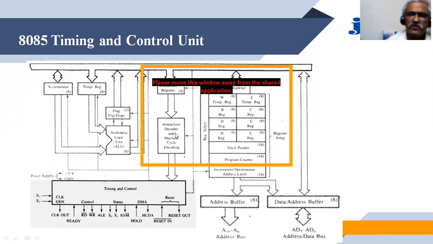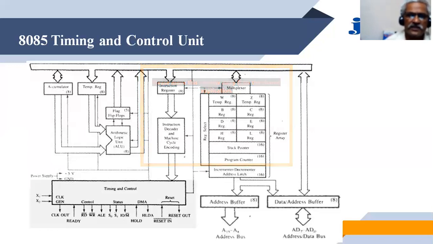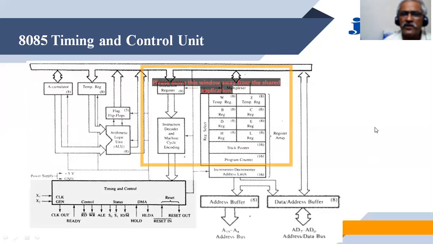They don't run out of synchronism. When a particular unit is required to perform some operation, only at that particular instant of time is that unit active. At other times, when it is not required, that particular unit will remain disabled. So the purpose of the timing unit is to provide some kind of synchronization for all the different units to work together. The purpose of the control signals is to set or reset each of the units.